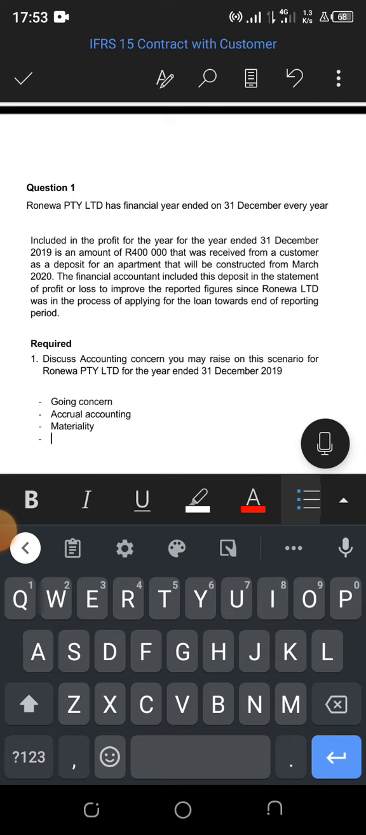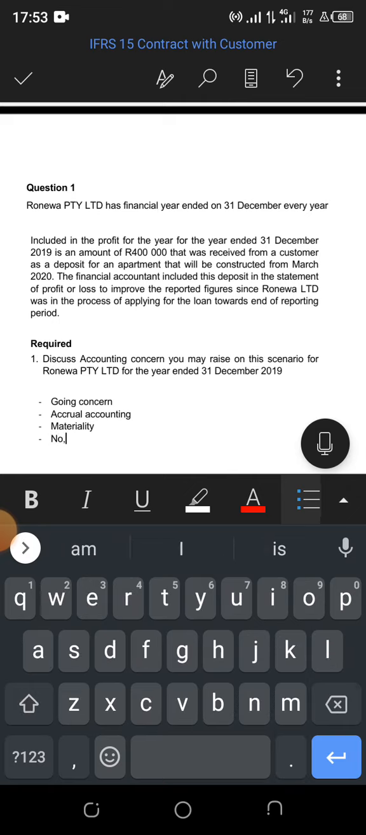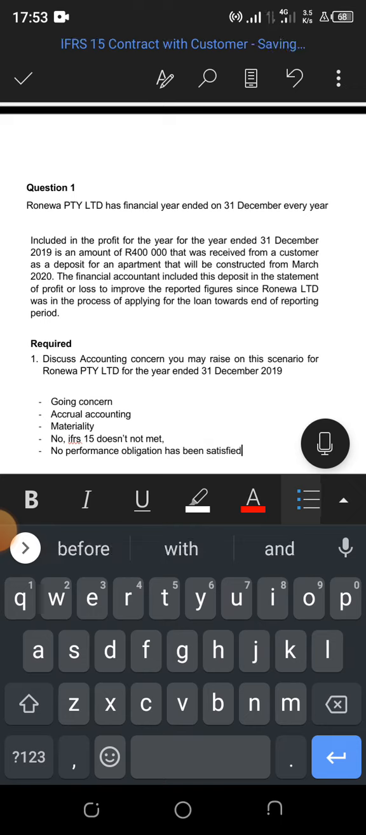Does this amount get recognized under IFRS 15 as the financial accountant did? No. IFRS 15 is not met in this case. Why? No performance obligation has been satisfied,